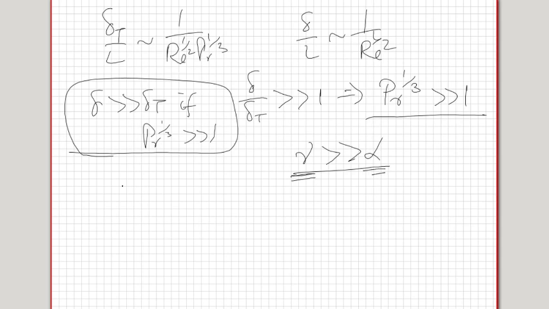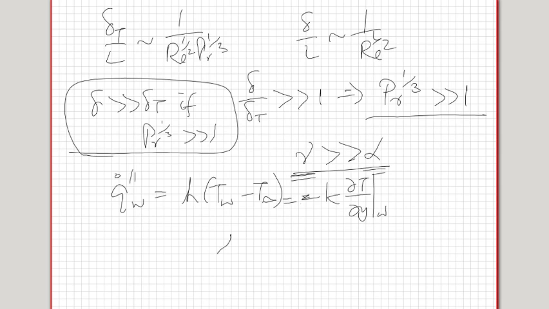Okay, and what happens to the q dot double prime wall when I normalize it? This is written as h multiplied by T wall minus T infinity in the Newton's law of cooling, and that is equal to minus K del T by del Y at the wall. Now, if I want to write this in a non-dimensional form, I'll write h into L by K. It's the non-dimensional form, which I call the Nusselt number. And that will be, this K comes here and multiply and divide, multiply by L on both sides.